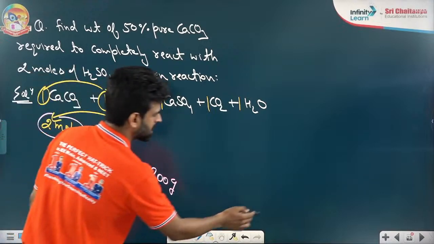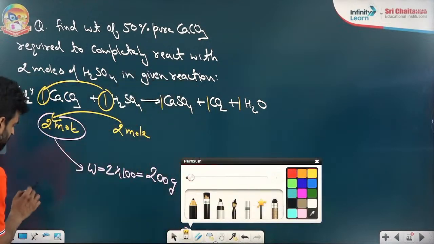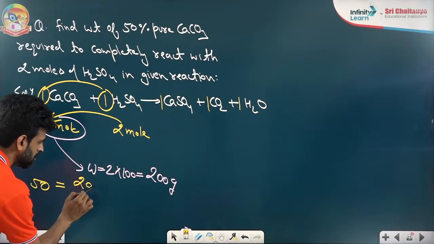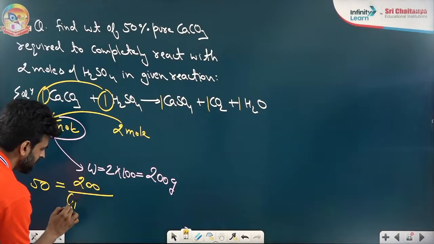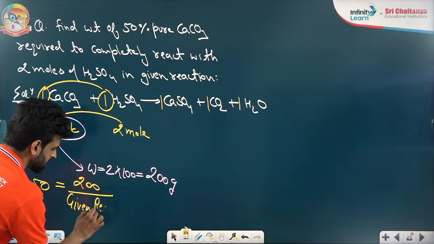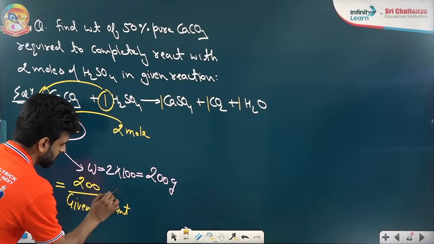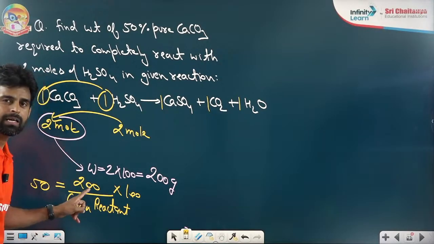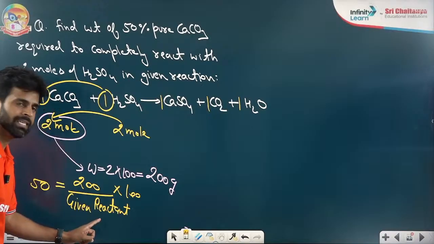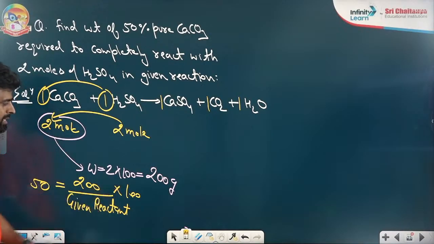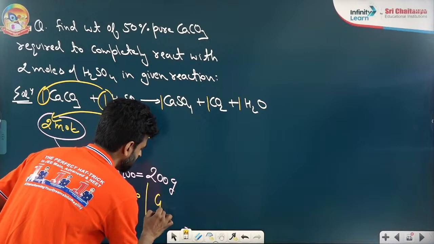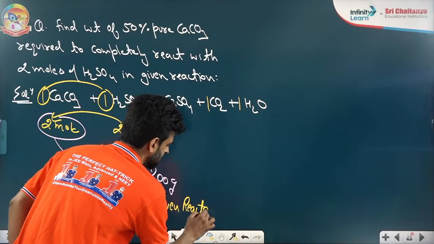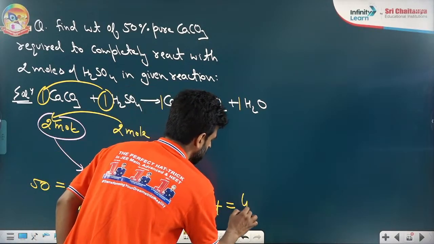Now we know that the percentage purity is how much only? 50% pure. The pure amount I know is how much? 200 gram. We need the given reactant. So how much do we have to buy? In the formula of percentage purity, pure I have, given I need, 50 is the percentage into 100, right beta? So what is the CaCO3 I should buy from the market? That is coming 400 gram,